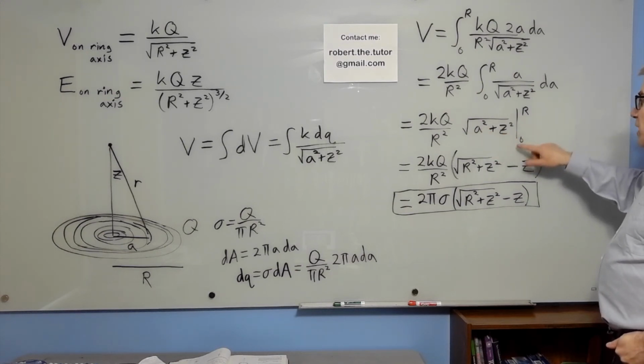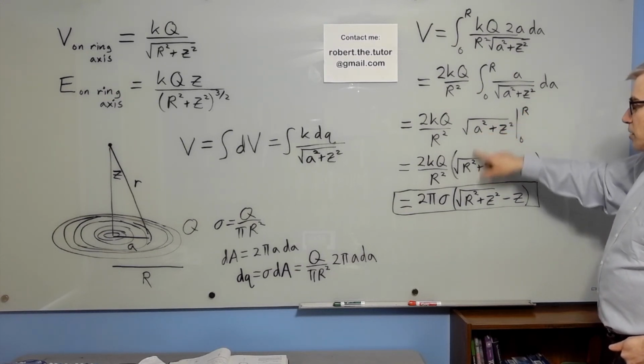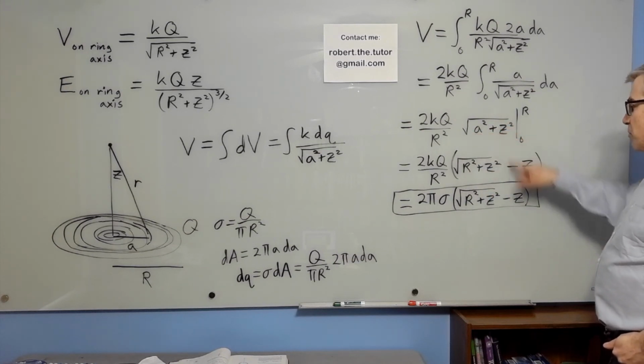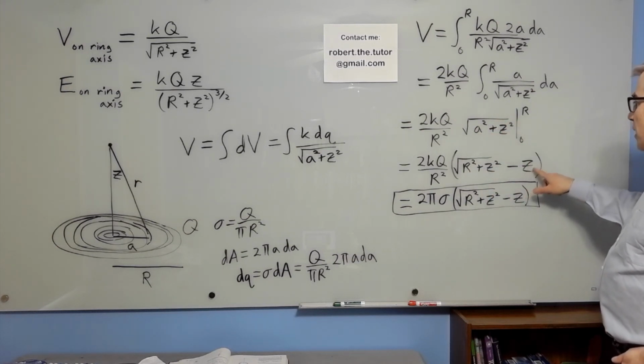So we can evaluate it from 0 to R. We plug in R, we get that. We plug in 0, we end up with square root of z squared, which is z, and we get our answer,